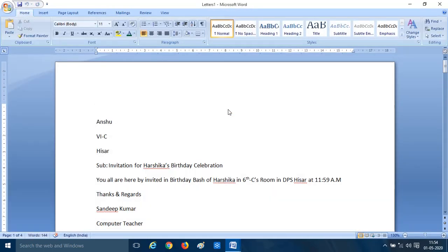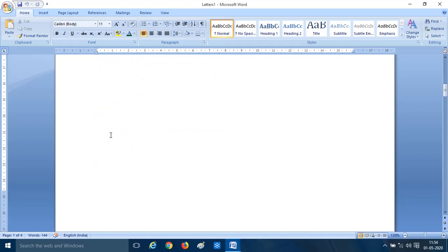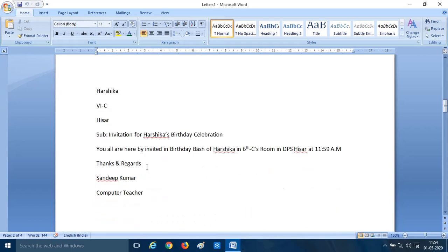Now you will see 4 separate files are created for all 4 entries which we have done in our data source. The first name which we have written in our data source is Anshu, class 6C, and city was Hisar. Now scroll down. Now this is the next page of our Word document. Second entry we have done was of Harsika, class 6C, city was again Hisar.